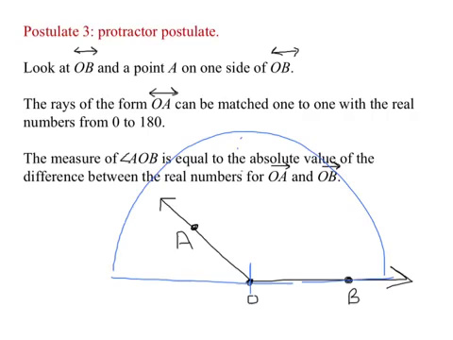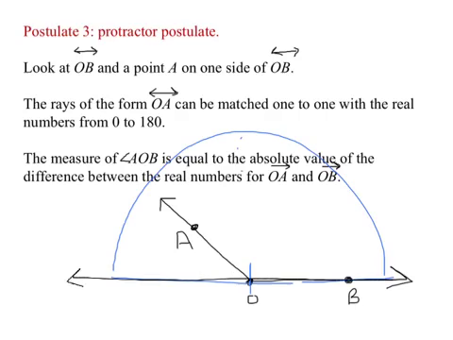All right, we have our third postulate in geometry. We'll add it to the board tomorrow. Here what you see in blue is what we're going to use in class tomorrow. It's a protractor. I just sketched it in so we know what we were talking about. First, let's look at line OB. I did not draw the whole line, so